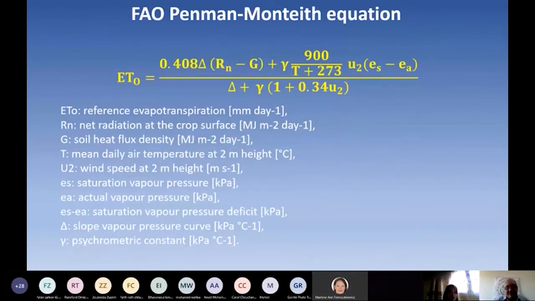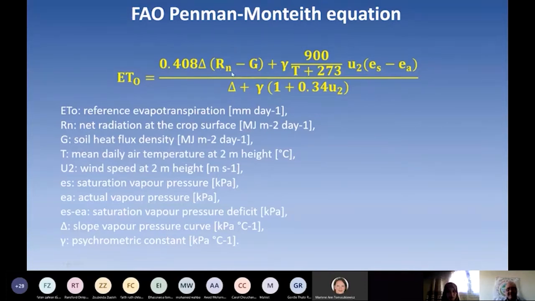And there are different methods to estimate ET0. Yesterday we talked about using the vapor. This is one of the methods that we have, the pan evaporation, and there are many equations available that can be used to estimate ET0. FAO 56 recommends using the FAO Penman-Monteith equation, which is on the screen now. This is a very famous equation to estimate ET0, and of course it needs different